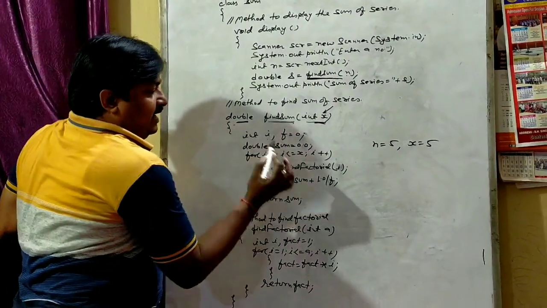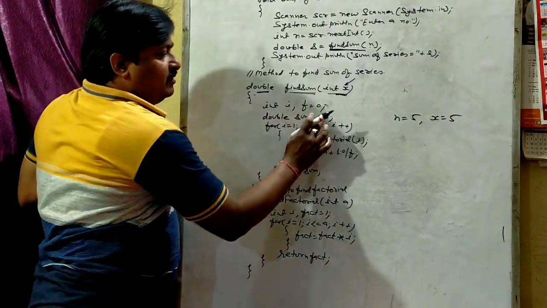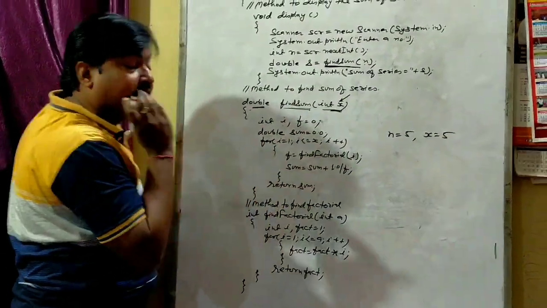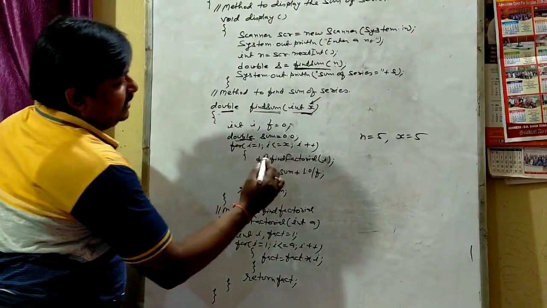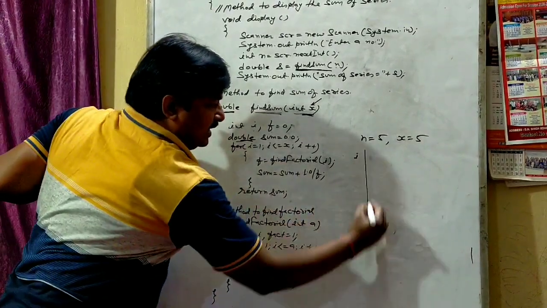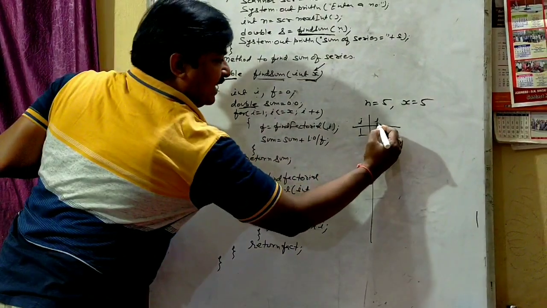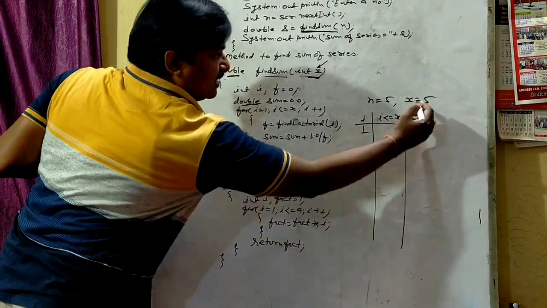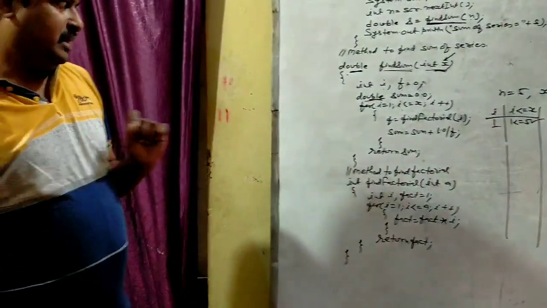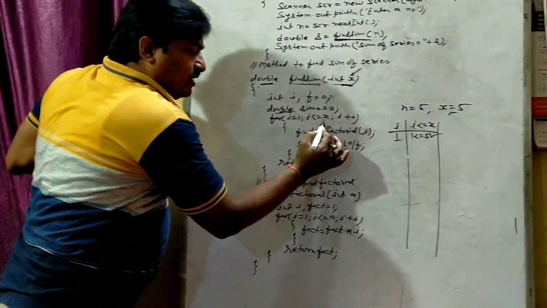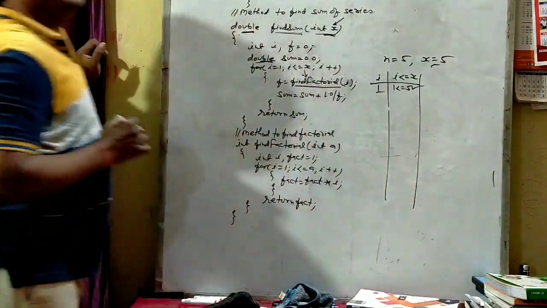Okay. Int i, f equal to 0, these two variables are taken as integer. Double sum equal to 0, because the sum will be calculated in decimal fraction. That's why we take double. Okay, now see the loop. Int i equal to 1, i less than or equal to x, and the value of x is 5, therefore 1 less than or equal to 5, and the condition is true. The control moves inside the loop. What happens inside the loop? We call a function find factorial.